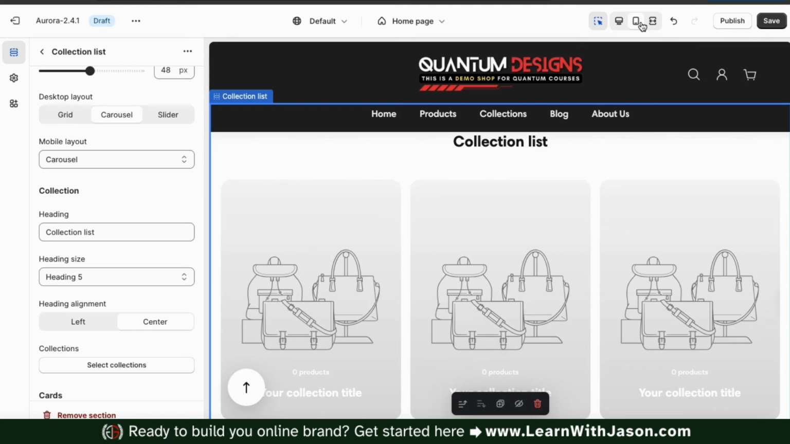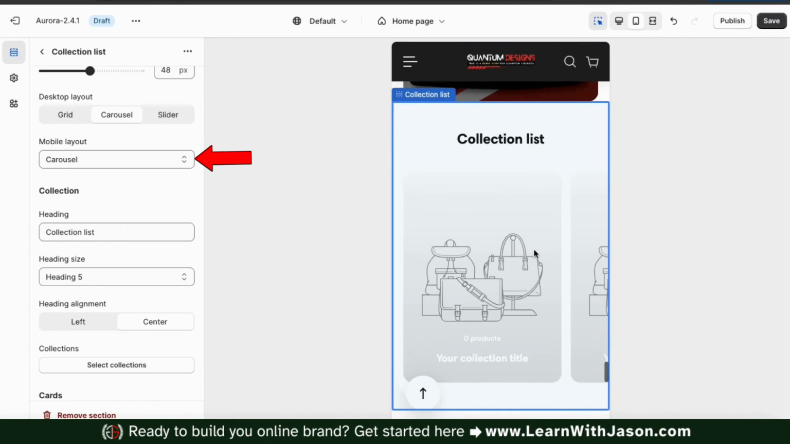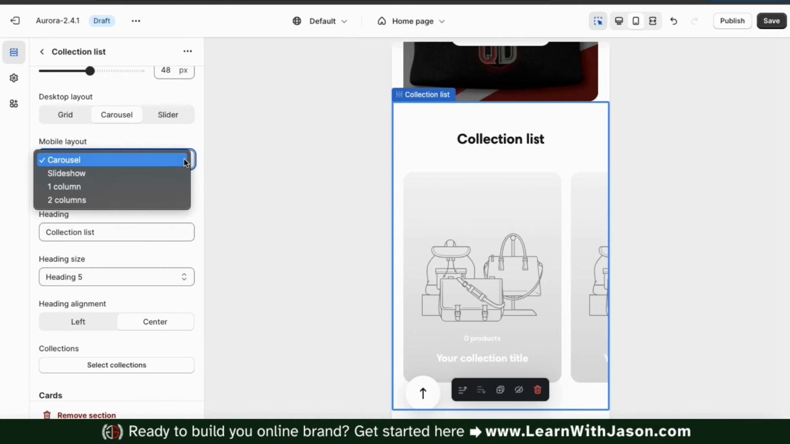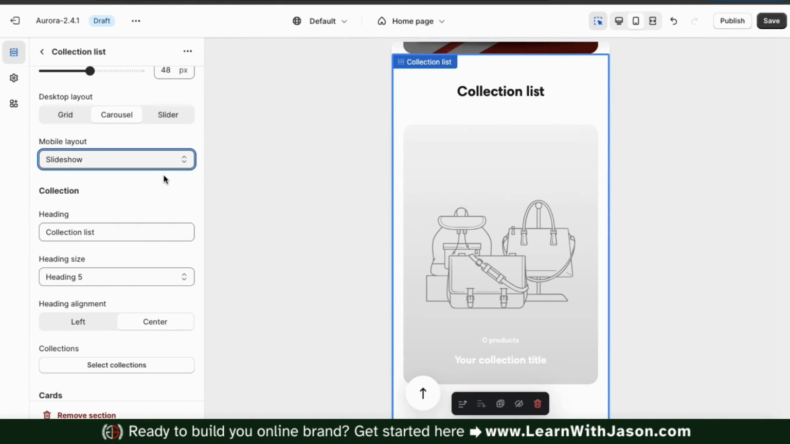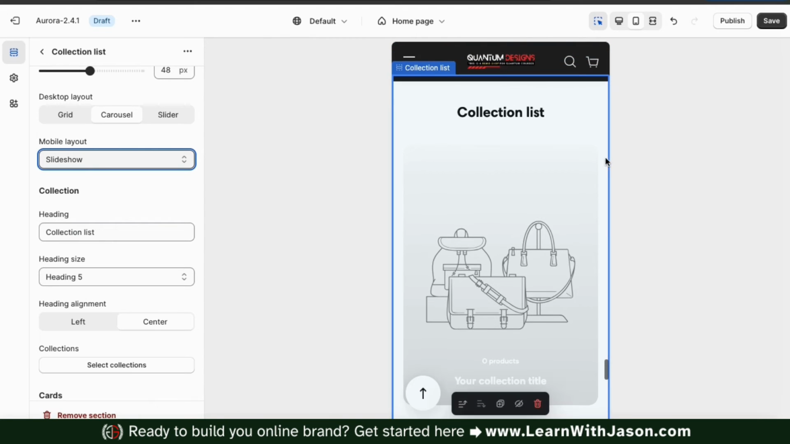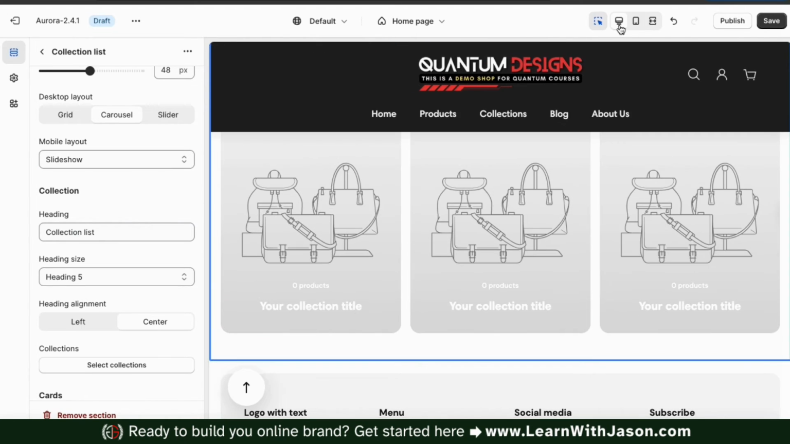Using the next drop-down menu here, we can also select our mobile layout. We have the options to select between a carousel, a slideshow, one column, or two columns. If I select slideshow, my collections will be viewable as slides, which can be navigated through using the icons at the bottom here. So we've selected our desktop and mobile layout, so let's move down to the next section here,